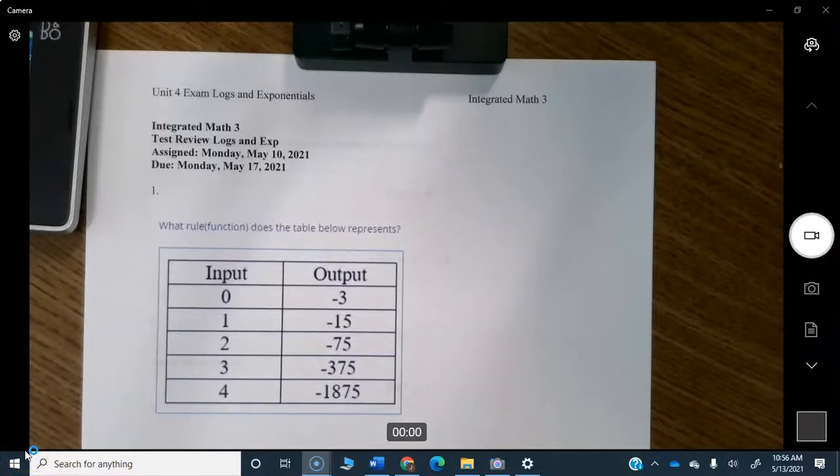Integrated Math 3. So these are the solutions to the test review. All of the test problems are exactly like these, except numbers have been changed. So you might want to go ahead and do this alongside of the test. Do them both at the same time. Okay, so number 1